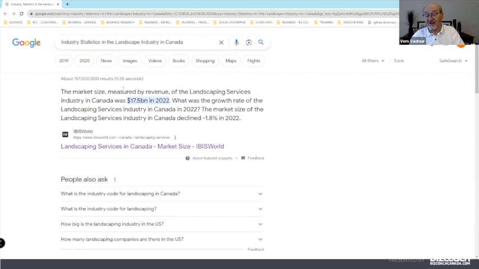So right off the bat, especially for a small business, we don't need volumes of information to describe how big the industry is. There's probably enough to suffice just by having this one single link. Look at this, without even going anywhere. IBIS World, by the way, is a very credible organization. They give me enough information for a small business, but if I'm a large business or I'm scaling up, I might want to invest in an IBIS World